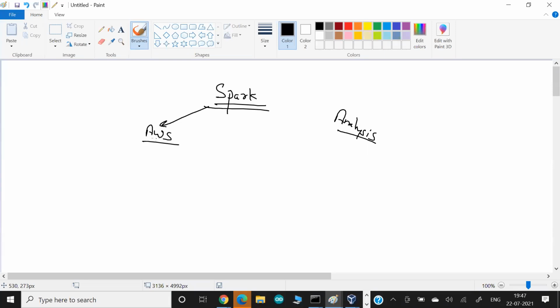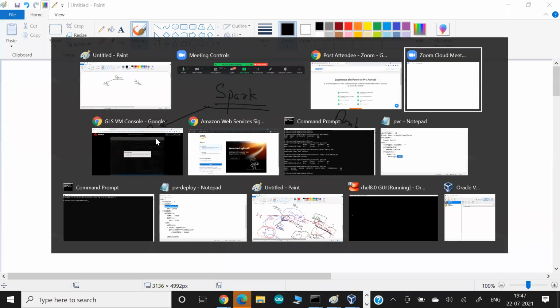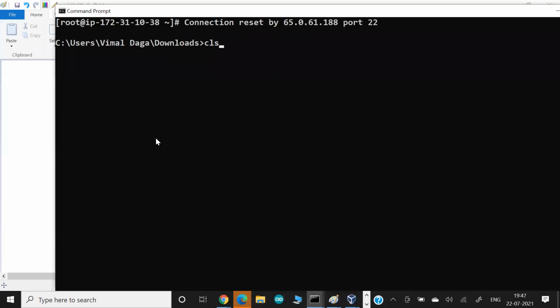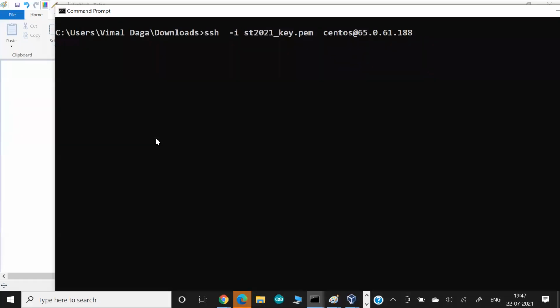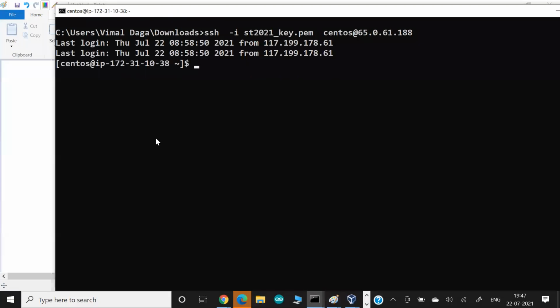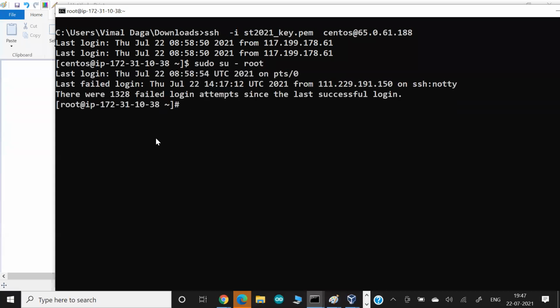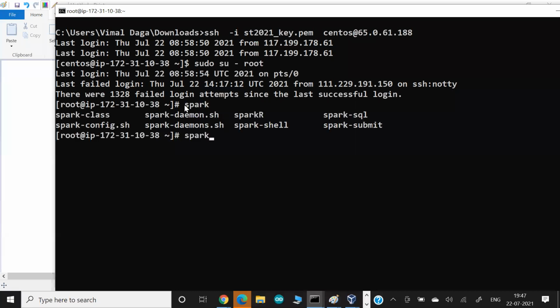So today would be focused more on the practicals. What I'm going to do is connect to the AWS instance that we launched yesterday, and let me log in directly with the root account. Let me check quickly, do I have Spark installed? So yeah, we have a command. You can type spark and double tap, you will see the Spark command there. So most probably Spark is installed in this instance.